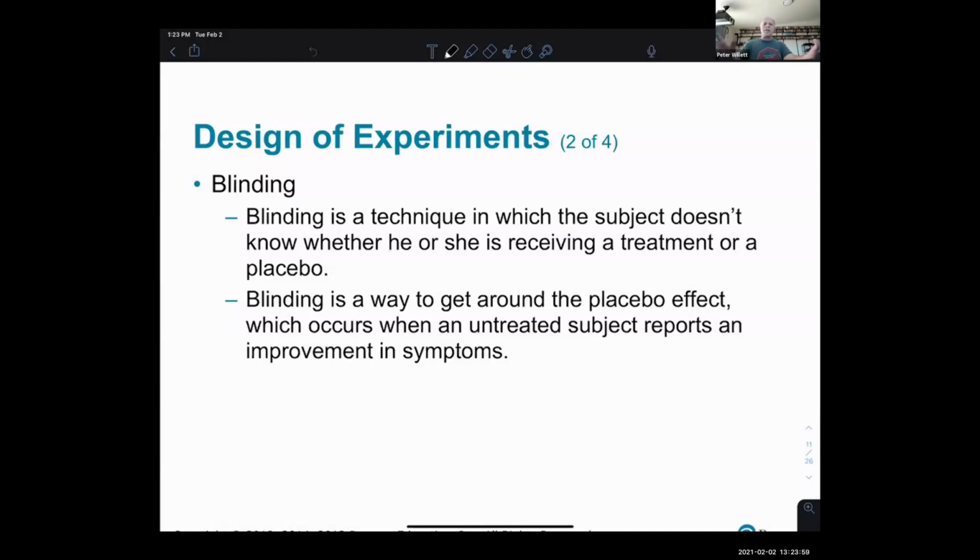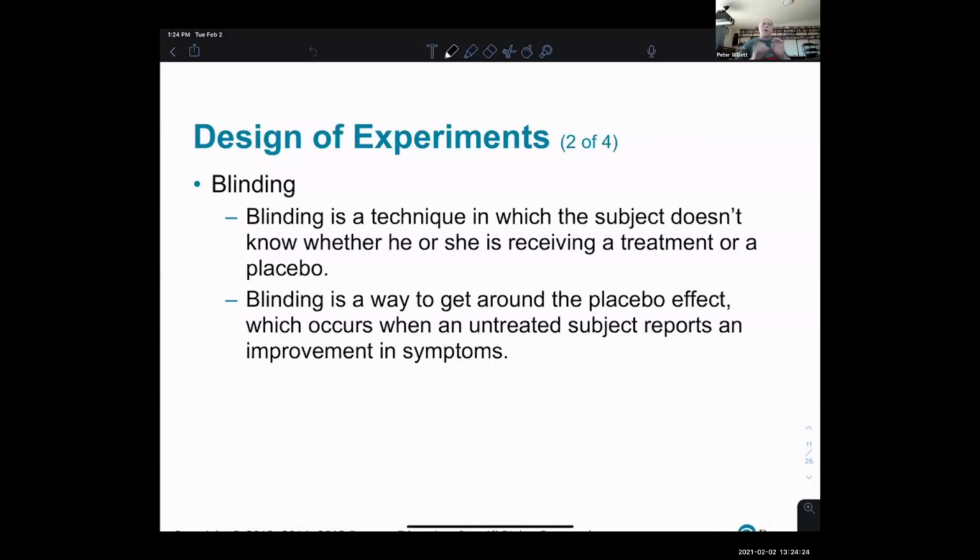And in the example I gave earlier where you didn't do that, you just had a group of people and some of them you gave the medicine to and some you didn't. Well, then blinding is not used, because people who didn't take any pills know they didn't get any pain medication. And people who took the pill would say, hey, I got pain medication. So the danger of not using blinding is that the placebo effect may not be